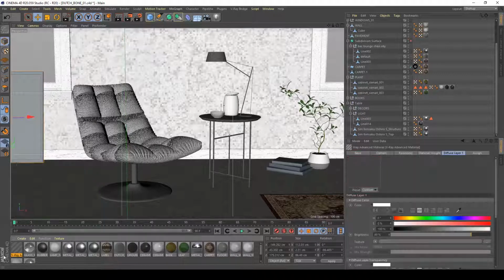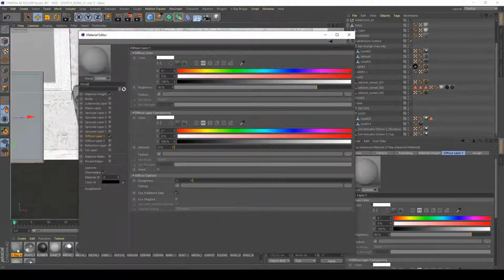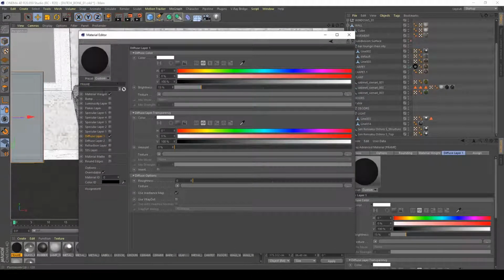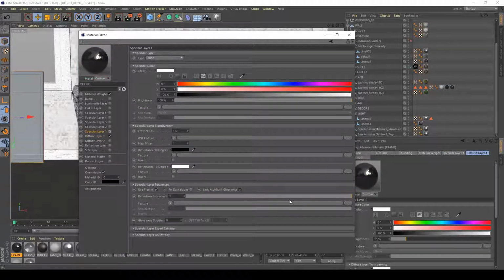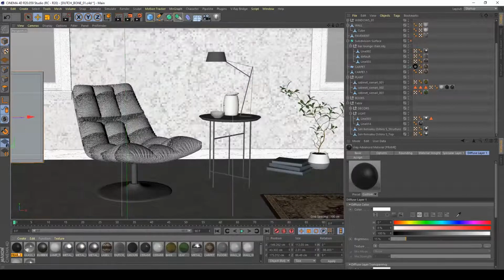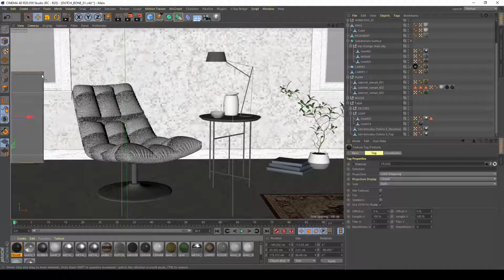So I'll create a new V-Ray advanced material, name it frame as usual, make it a very dark material, activate my specularity, set it to 1.3 and maybe 0.7 on reflection glossiness and brightness of 70%. Apply it to my